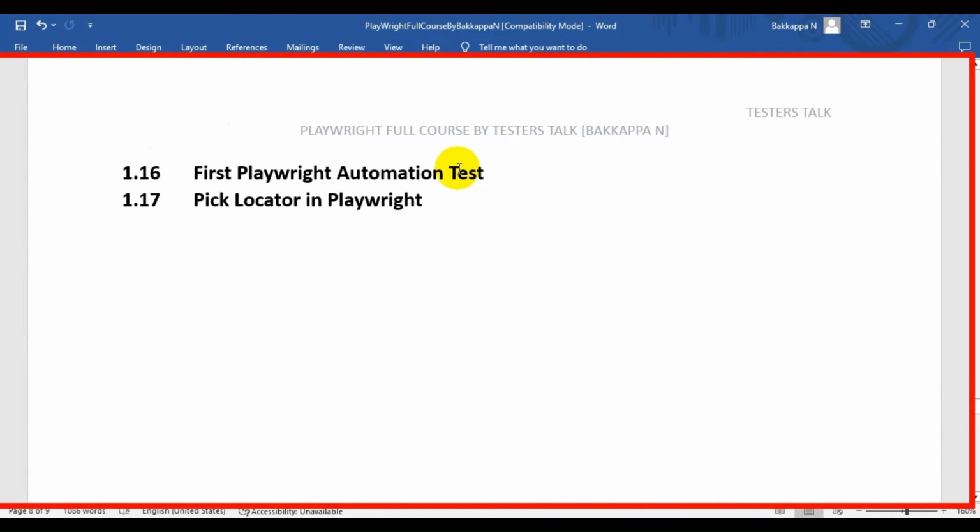In this Playwright tutorial, we are going to see how to write the first Playwright automation test, and also we are going to see pick locator in Playwright. So why we are using pick locator is to identify the web page element locator value. So by using that, we can write the Playwright automation test. So let's look at the manual scenario first, and then we will automate the manual scenario